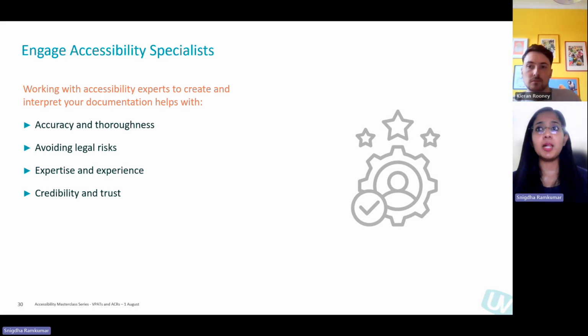Proper assessments help avoid potential legal issues from missed accessibility problems for both buyers and sellers. And this is because accessibility specialists bring in-depth knowledge and experience, which the product developers or procurement teams may not have. So for example, product teams, developers, or procurement teams may not have a thorough understanding of WCAG and similar criteria,